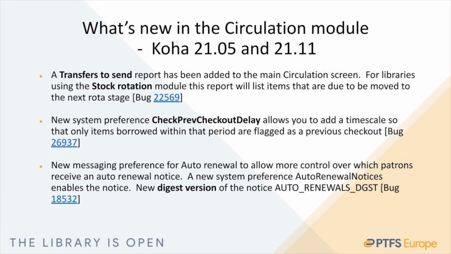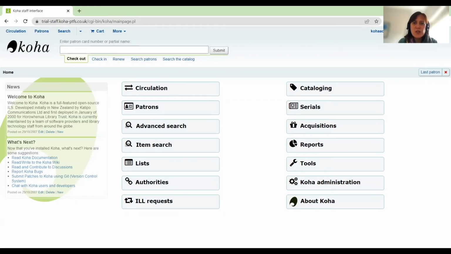Today I'm going to take you through some of the changes to 2105 and 2111 in the circulation module. So these are the features that you'll see when you upgrade to 2111. I haven't picked out everything in the circulation module. This is just a small selection of things that you might notice or might want to make changes to when you upgrade. The first thing I wanted to show you are just a couple of small changes to the display